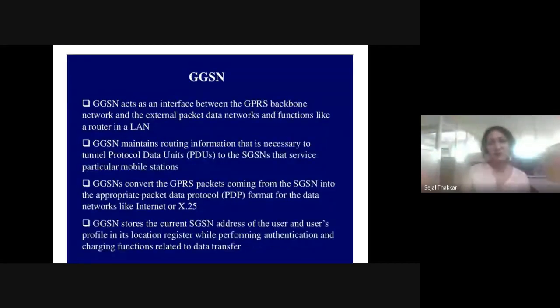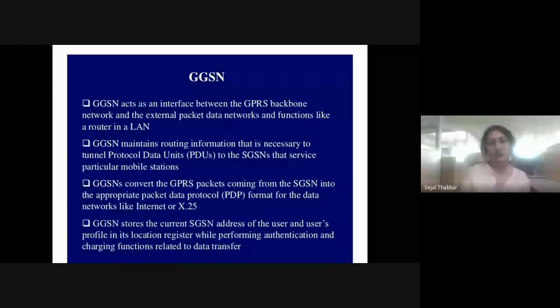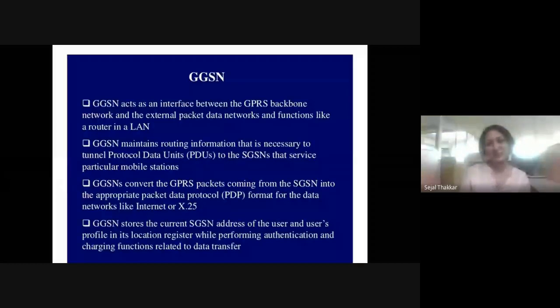GGSN acts as an interface between the GPRS backbone network and the external packet data network, and functions like a router in a LAN. I told you that GGSN is nothing but a backbone network and it works like a router. It is going to deliver our packets to their destination. GGSN maintains routing information that is necessary to tunnel protocol data units to the SGSN serving the particular mobile station.